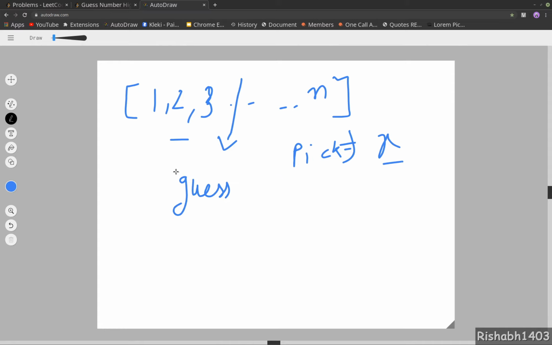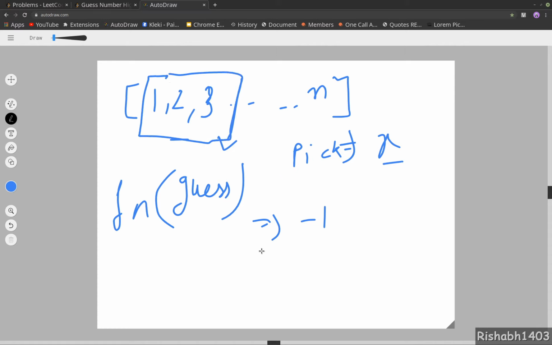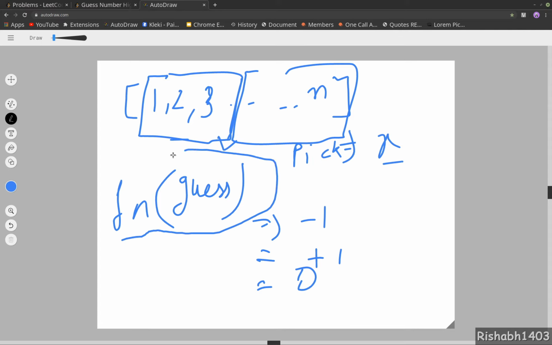Now we'll pass this number in our API, and depending on the result, if it's -1, that means our number is smaller than the guess, so our new set becomes this part. If it's +1, our new set becomes this one, and if it's 0, that means our guessed number is the picked number. So the only thing we are changing is the comparator for the binary search.